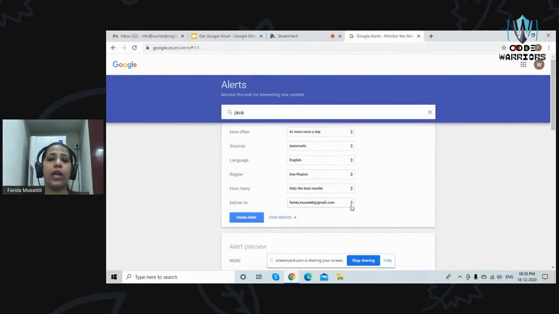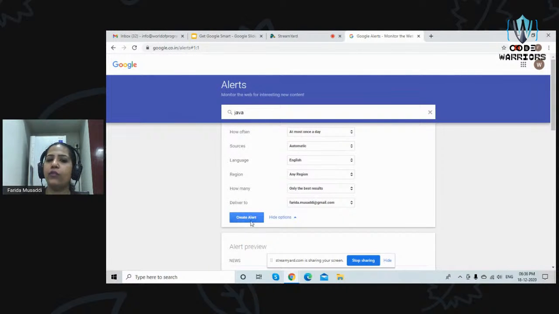And secondly, where do I want it delivered? So I will provide my email address on which the Google alert will be happening. So doctors, who are into medical and are interested in a particular field of surgery, can find out what the latest developments are. People who are very much interested in gadgets, if they want to know when the latest iPhone is releasing, or any notifications, any alerts from Apple, can accordingly create alerts.